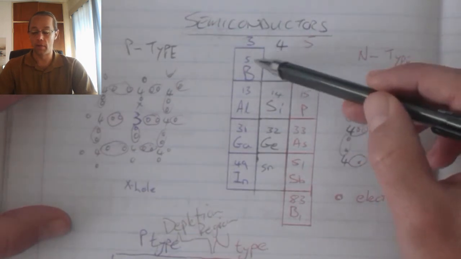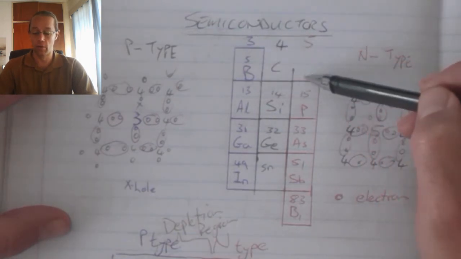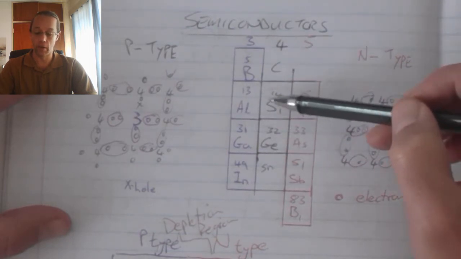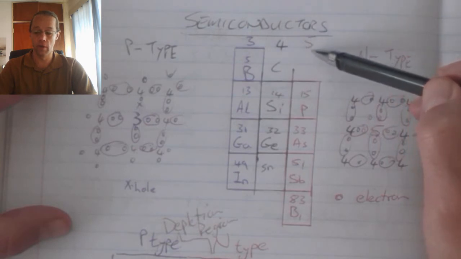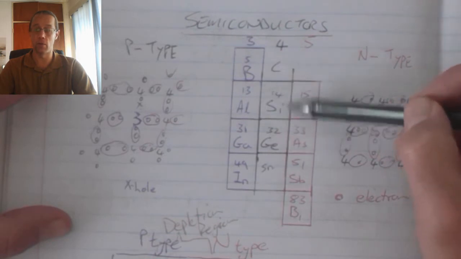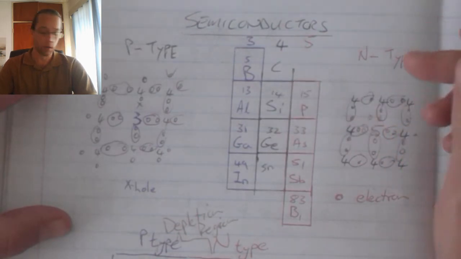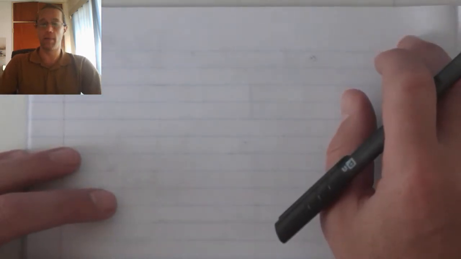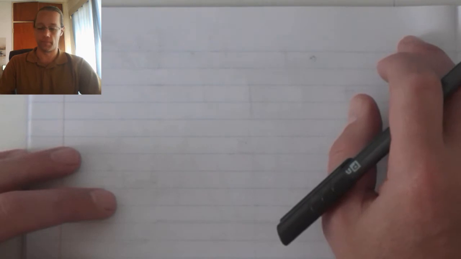When I'm adding elements from column 3 and column 5 to silicon and germanium, that process is called doping. The elements from column 3 and column 5 are called impurities that get added to the silicon or the germanium. Now, the ratio at which doping takes place is very important for the specific type of semiconductor. Depending on the ratio of doping, we allow the semiconductor to gain different